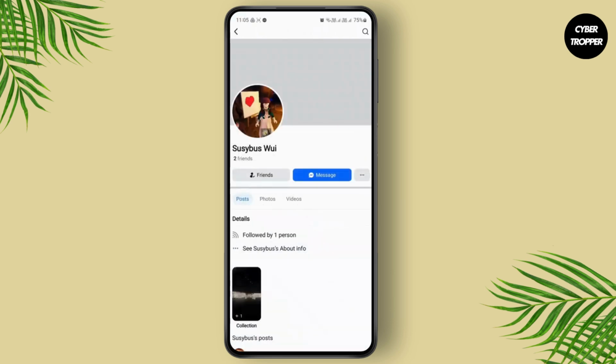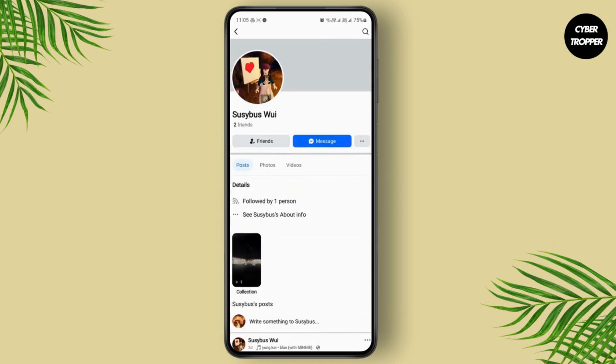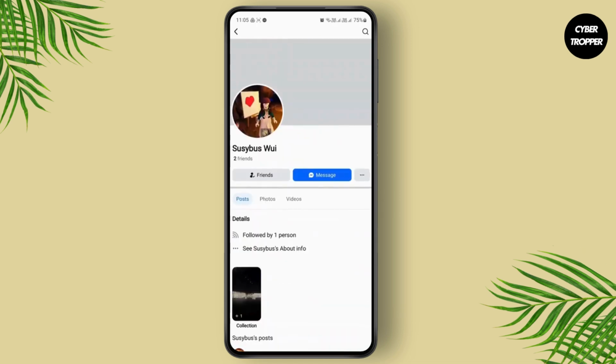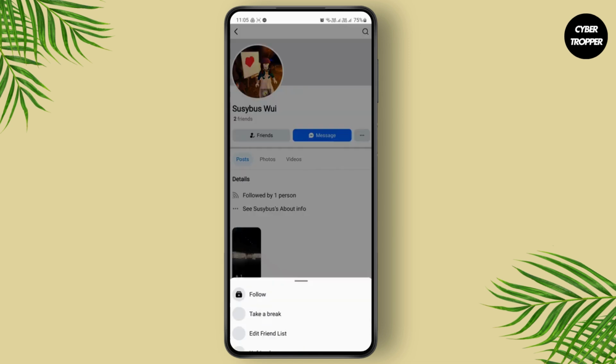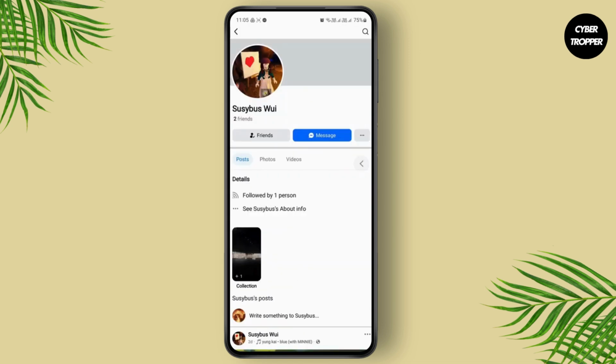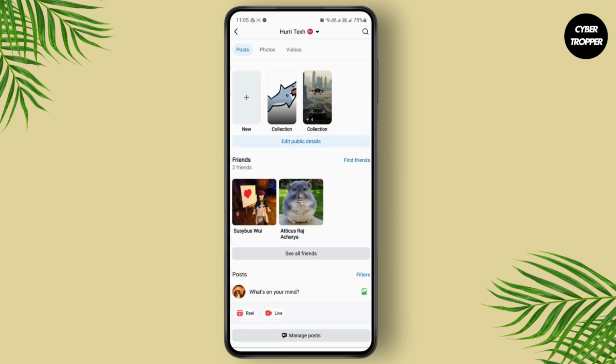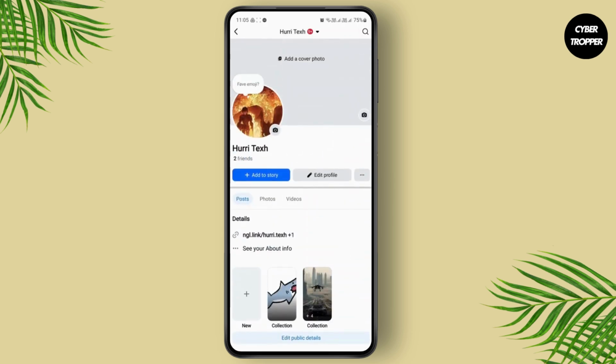your home screen. So what happens is if you want to view contents of this locked profile, unless you're friends with them, you won't be able to do so. So the best approach you can try is to send them a friend request. But if in case they do not accept it, then what you can do is contact Facebook's help and support